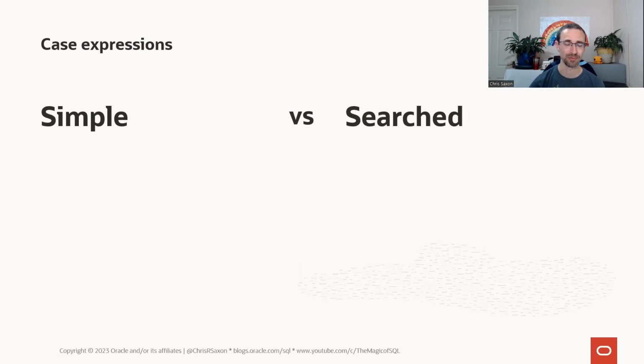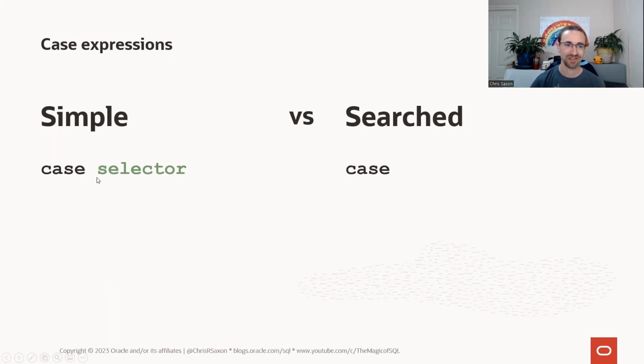There's less to them, okay? What we have with a simple case expression is you have case and then a selector. And this selector is just an expression of value. Could be a column, could be a bind variable, anything, any individual thing. And then